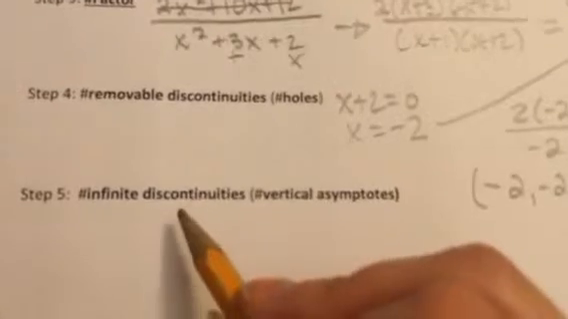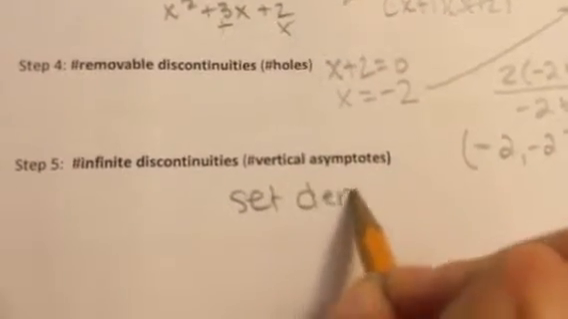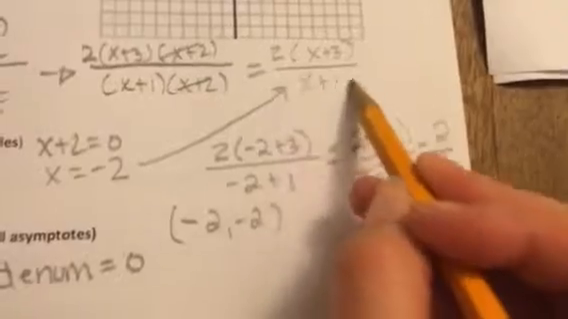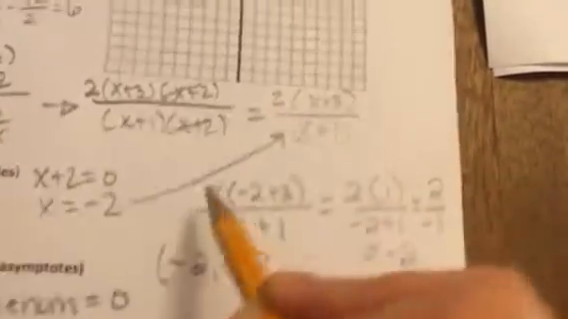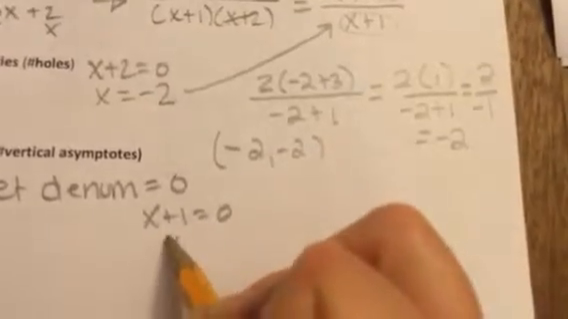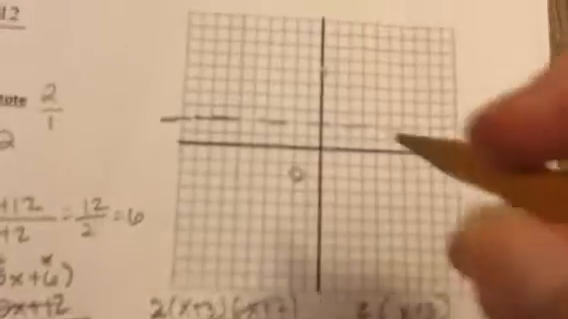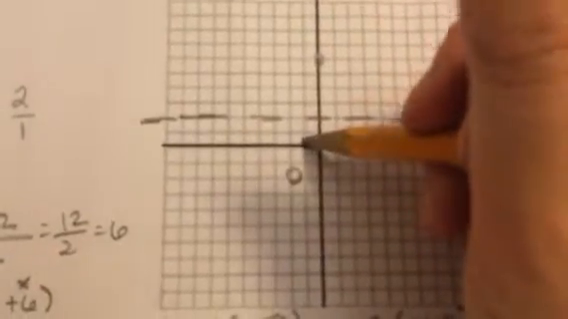So notice it's the same steps as before. So even here, vertical asymptote, set the denominator equal to 0. So the denominator was x plus 1. Again, you use what you simplified. So I'm going to do x plus 1 equals 0. So I get x equals negative 1. So there is our vertical asymptote. So where x is negative 1,